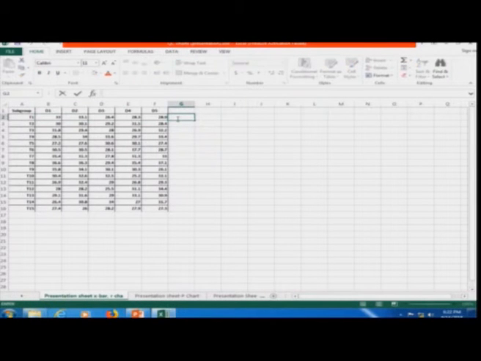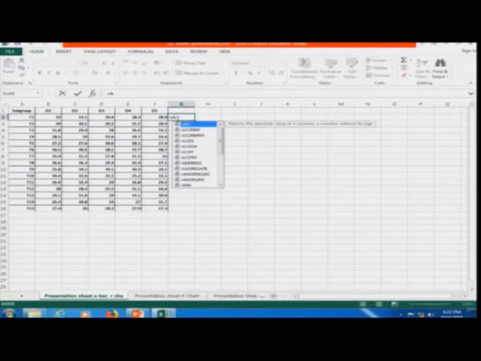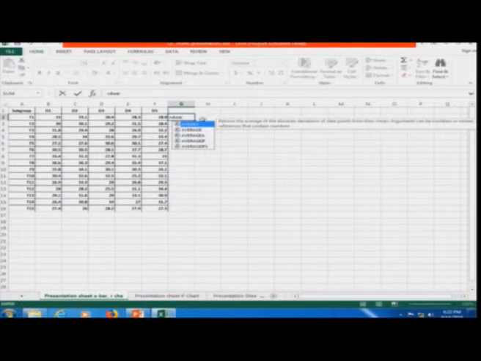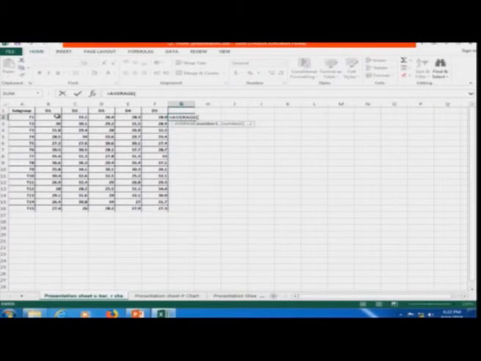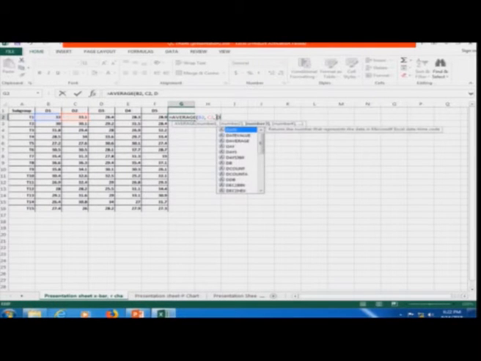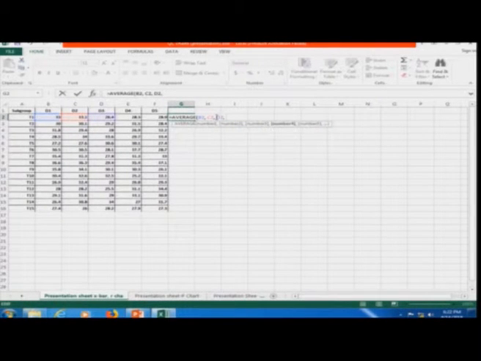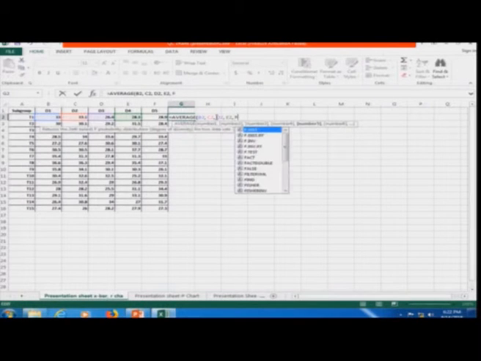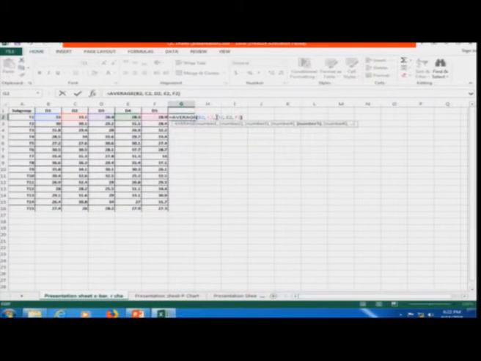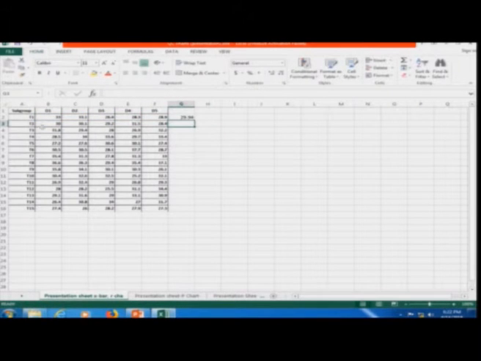So, this is equal to average of, I can just pick these values like this from B2 to F2, or I can separately even put average B2 comma C2 comma D2 comma E2 and F2, just telling you another way. It will give me the average. So, the average of these 5 values is this.